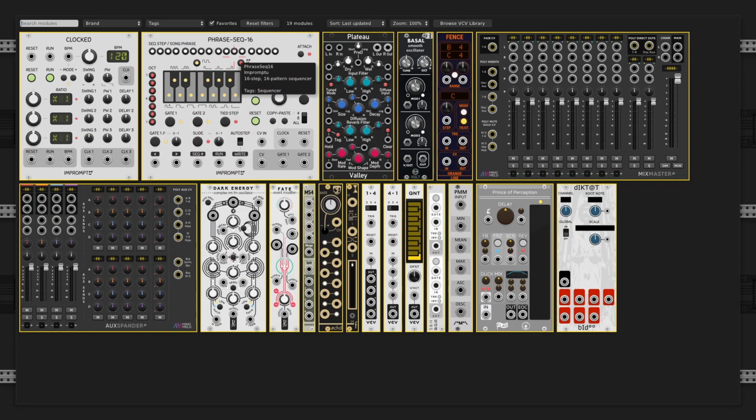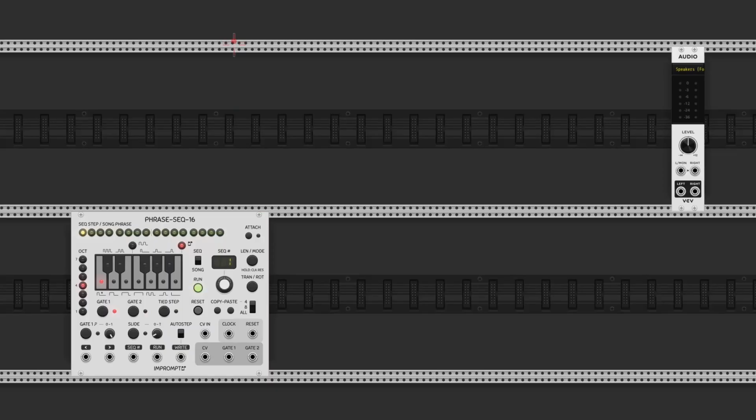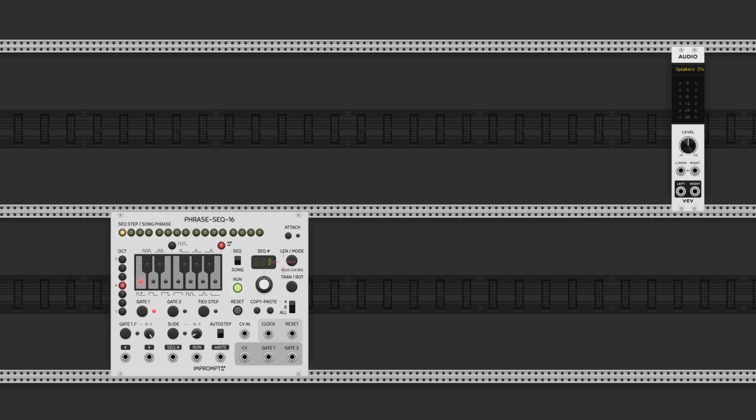I'm going to use a Phrase-Seq-16 by Impromptu. I'll set the length of the sequence to 8 steps by pressing the length button and clicking on the LED for the 8th step in the sequence. Now we can specify the notes that we want for each step on the keyboard below. For the first step, that's a C. For the second, an F, then a G, back to a C,